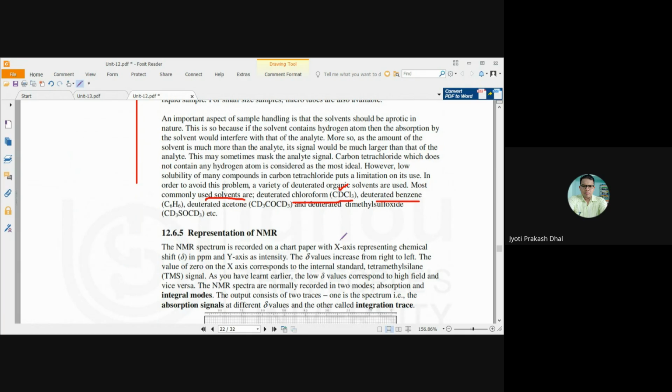So the commonly used solvents are deuterated chloroform CDCl3, having no proton, deuterated benzene C6D6, having no proton, and deuterated acetone CD3COCD3, that means in place of the hydrogen atom a deuterium nucleus should be there, and similarly deuterated dimethyl